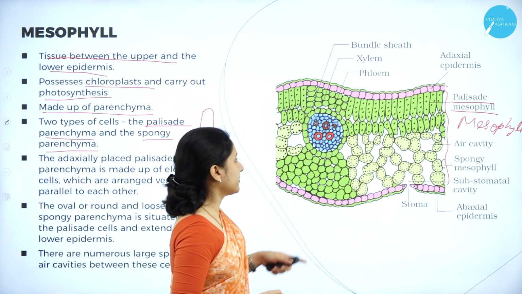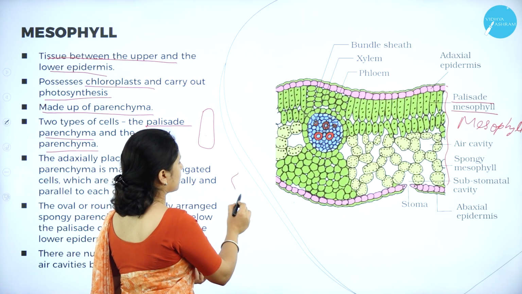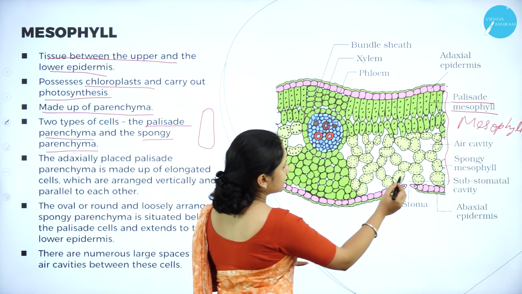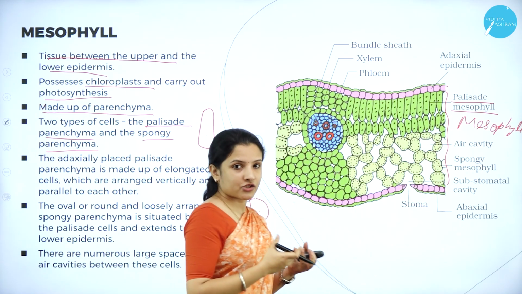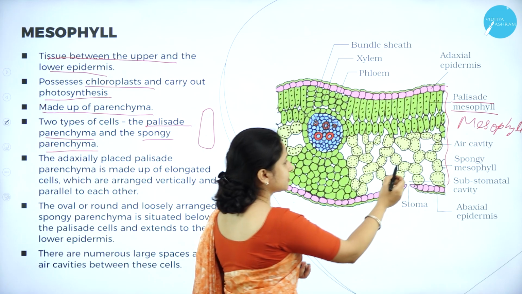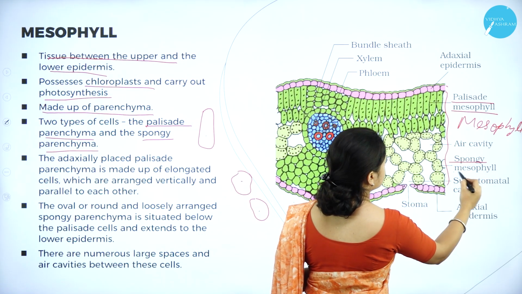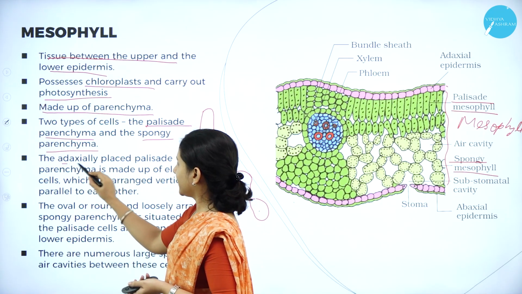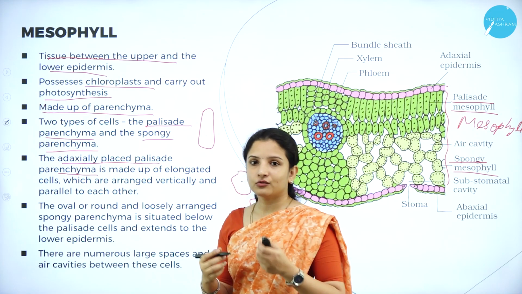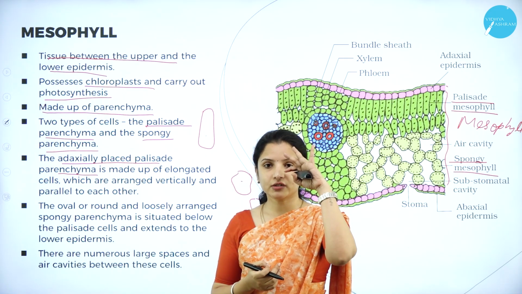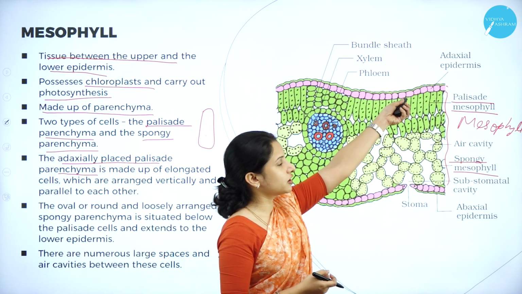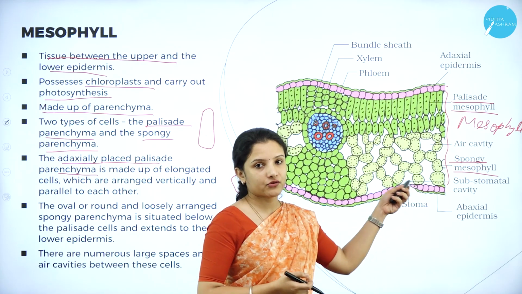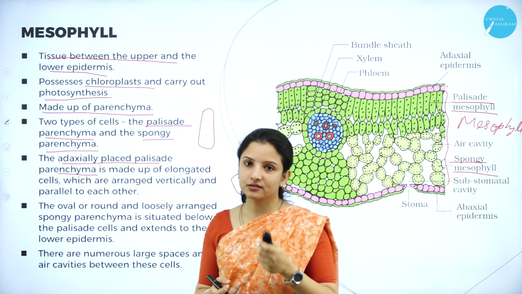And also the spongy parenchyma. Spongy parenchyma do not have a particular shape. They are usually irregularly shaped, and they are present with large gaps, or they are filled with air cavities. So they have large gaps, and that is nothing but the spongy mesophyll or the spongy parenchyma. So the palisade parenchyma is placed on the adaxial surface, right? It is placed on the dorsal surface, whereas the spongy parenchyma is placed towards the ventral surface of the leaves, that is the abaxial surface of the leaves.